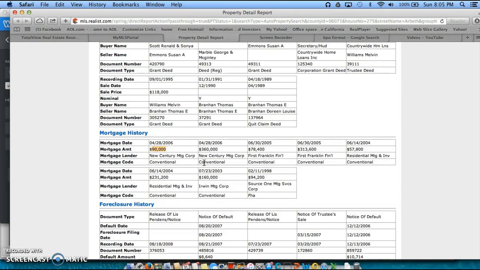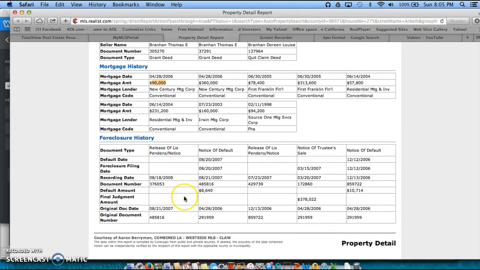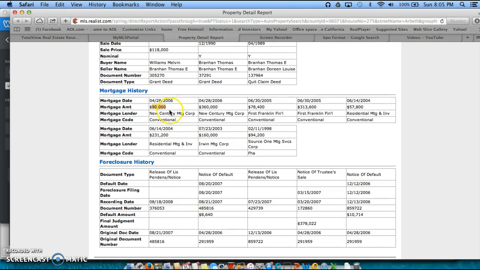And that's why it's right now a short sale, because they're over leveraged. They have more in loans than what it's actually worth. Down here, it also shows foreclosure history. The reason all this stuff is important is if we saw, for example, that they owed